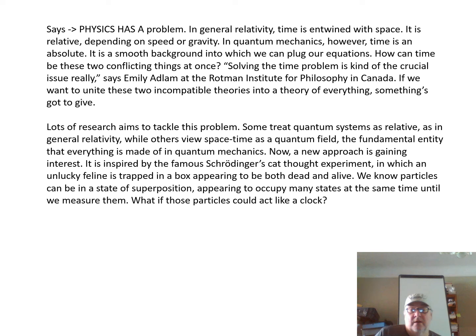So a quantum entity can act like a superposition of states until it's observed. Then it collapses into one state, but not in all possible states. It has to collapse into one state when observed. And now they're going to treat clocks the same way. Clocks can be in lots of different states until they are observed. So you've got this problem of unobserved, and then it collapses into what's observed.